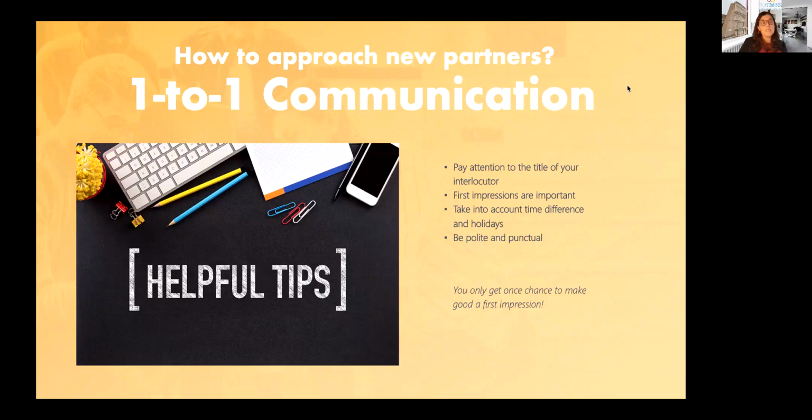So it's very kind and could help to always consider and take into account the time difference and holidays. And this applies, I think, to both emails and calls. Why? Because of course I won't leave my phone on in the night, and if you send me an email at 3 a.m., I'm going to wake up and read it. But still, it helps get someone's attention, especially if it's the first time, I think,